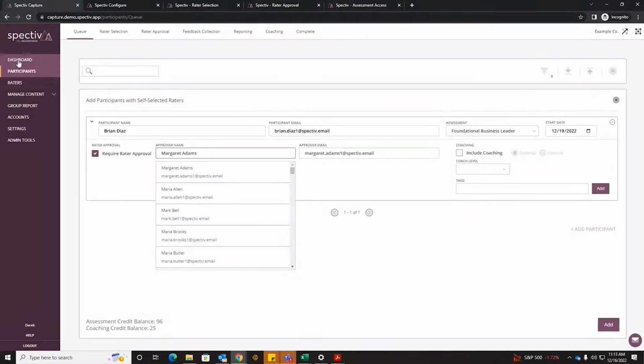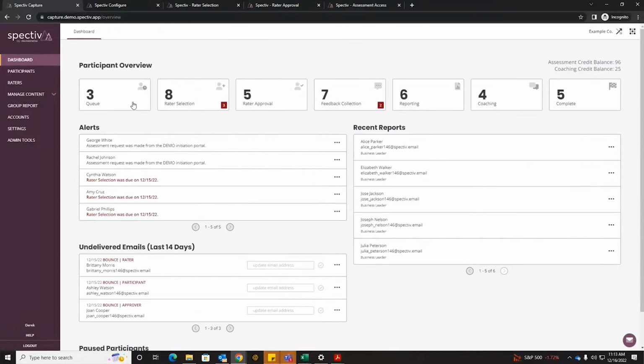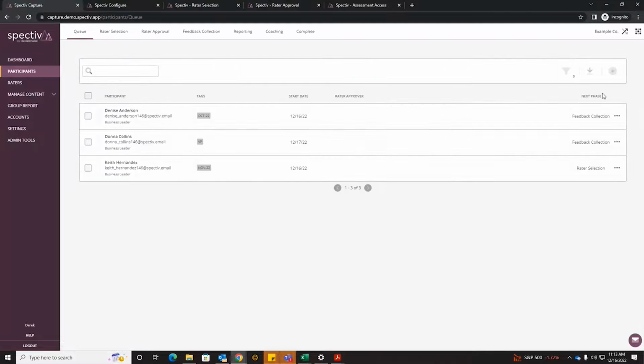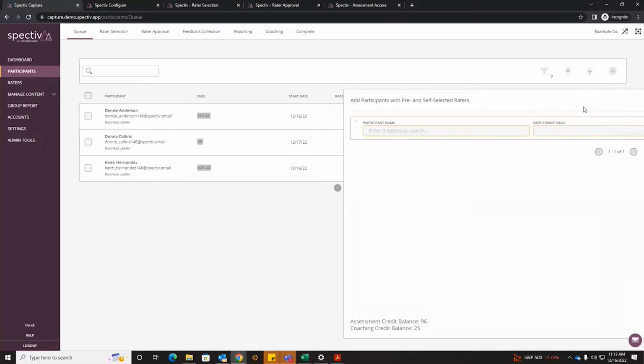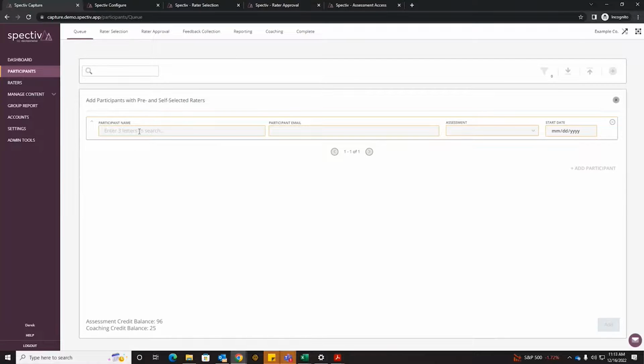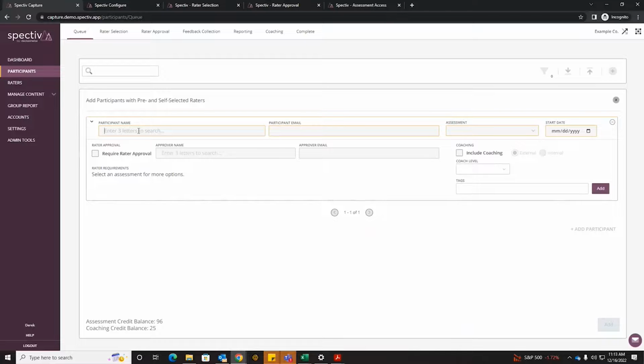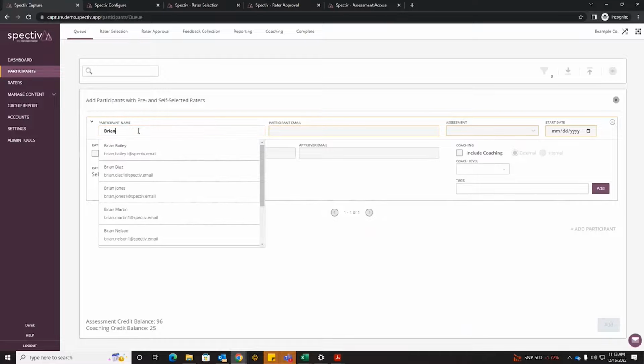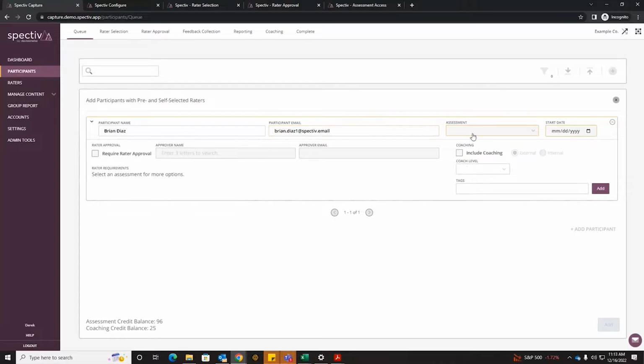So a very simple process for any approval on here. That's how it would work if we allowed them to select their own raters, and there were a layer of approval. Now the third option is a hybrid option, and all of these can be uploaded through CSV files as well. The platform is very easy to use, but I also want to showcase real quick how the CSV files would need to be filled out